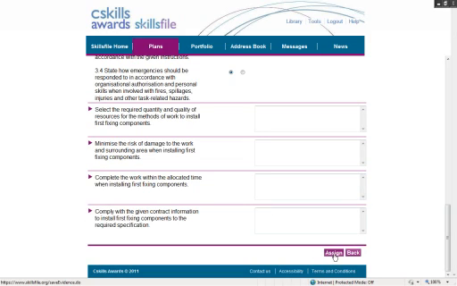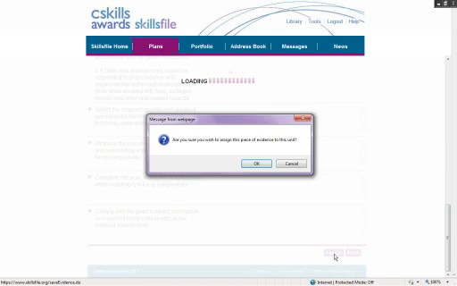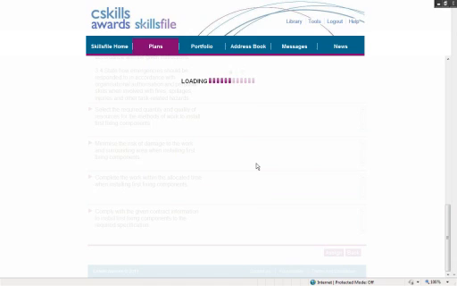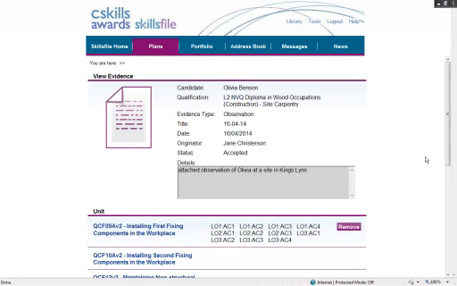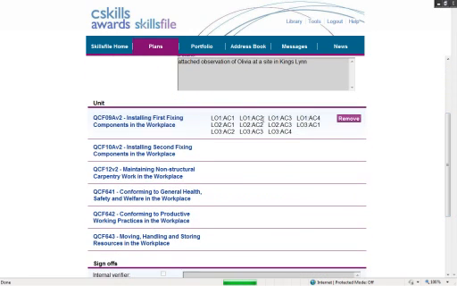So what I do now is I click Assign. And it says, are you sure you wish to assign this piece of evidence to this unit? You click OK. And what it's now doing is linking that evidence to that criteria. And what will happen next is you'll see a summary against that unit there. And that's what it's saying it's covered. Now what you can do now is you don't need to upload the evidence again to cover off any of the other units